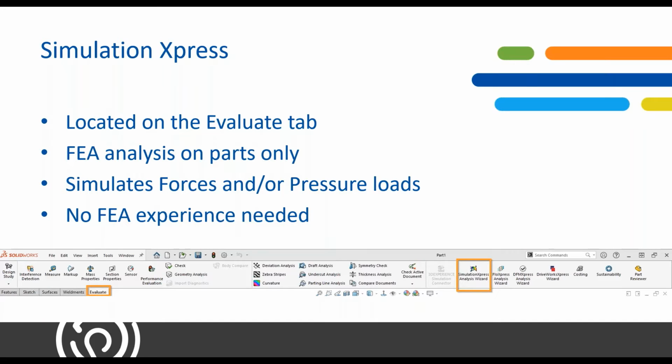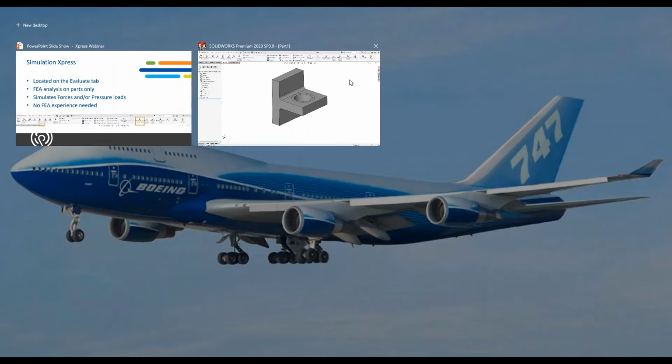We can simulate forces and/or pressure loads on our model. So very basic forces, pushing on a face, pulling on a face in a specific direction, and the same thing with pressures as well. And the beauty of it is there is no FEA experience needed whatsoever. We're going to be taking a look at what's called the Analysis Wizard, and it walks you through step by step how to set up your simulation study, and it even helps us a little bit with some of the evaluation at the end. So with that, let's go ahead and jump into SOLIDWORKS now